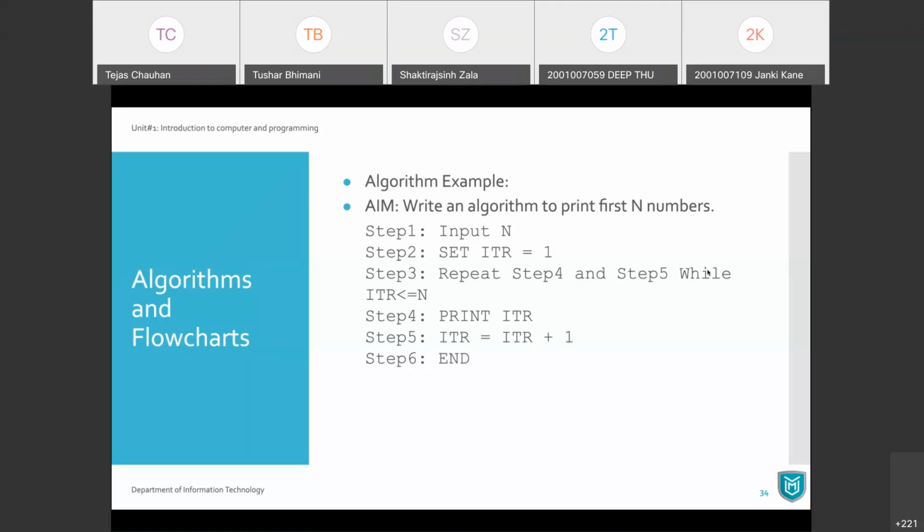In a repeat statement we must have one condition. So we say that we are going to repeat this while this condition is true. So if and only if this condition is true, if your iteration is less than number n, you are going to repeat these steps.